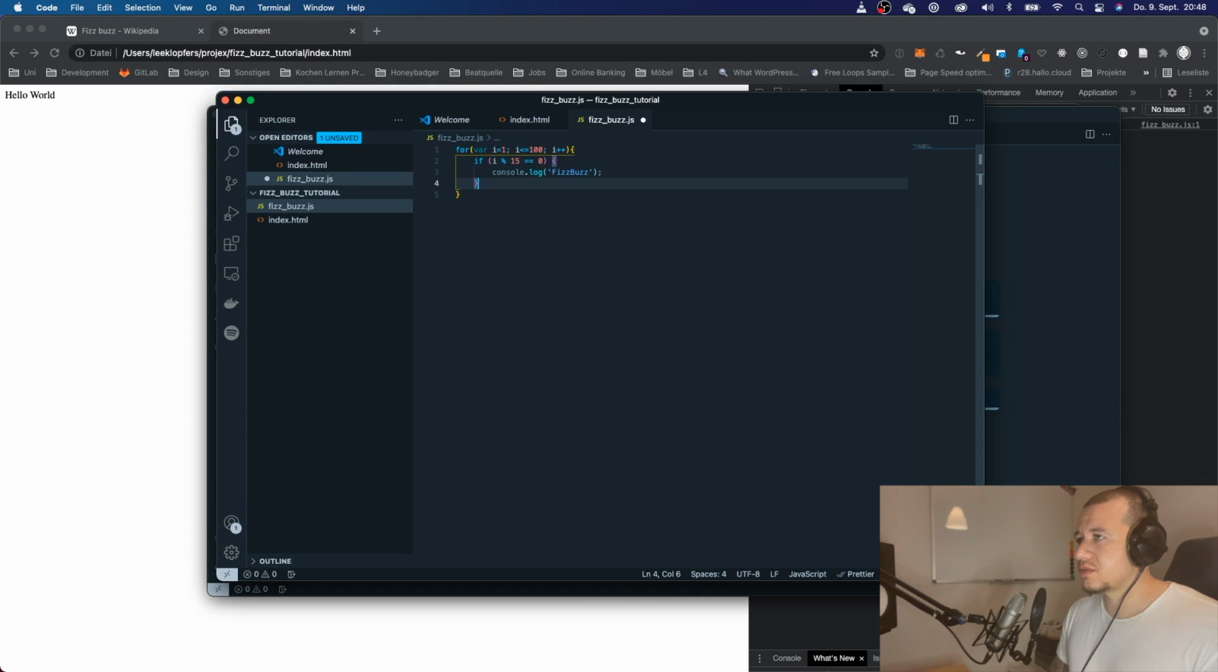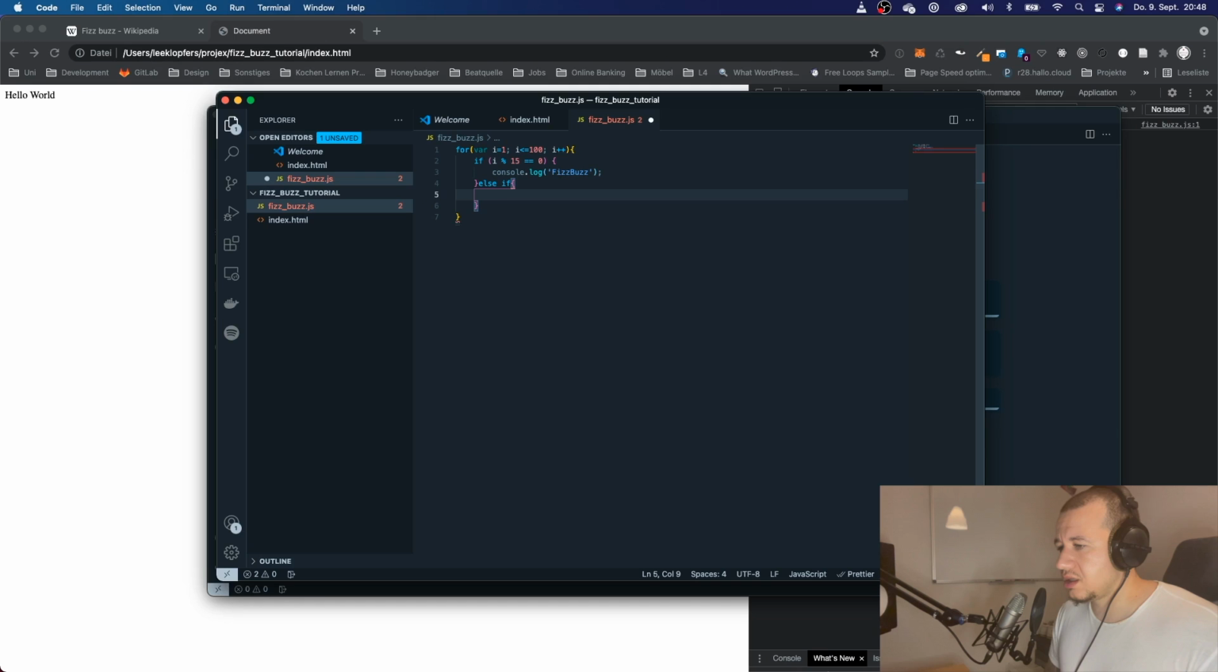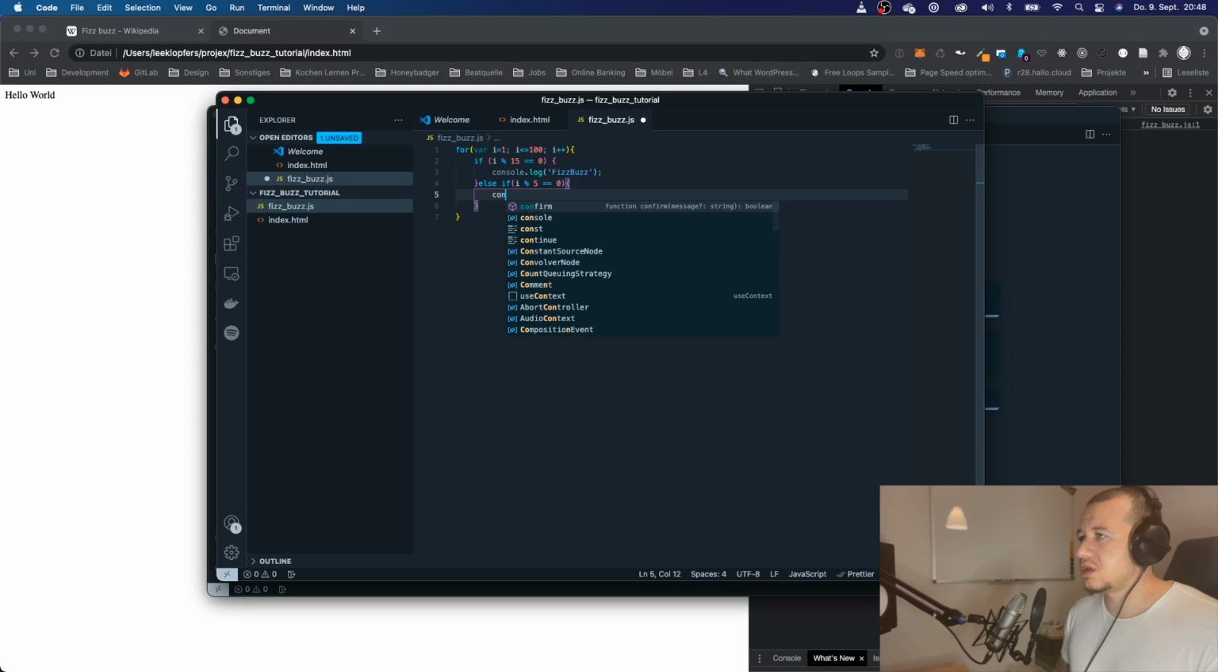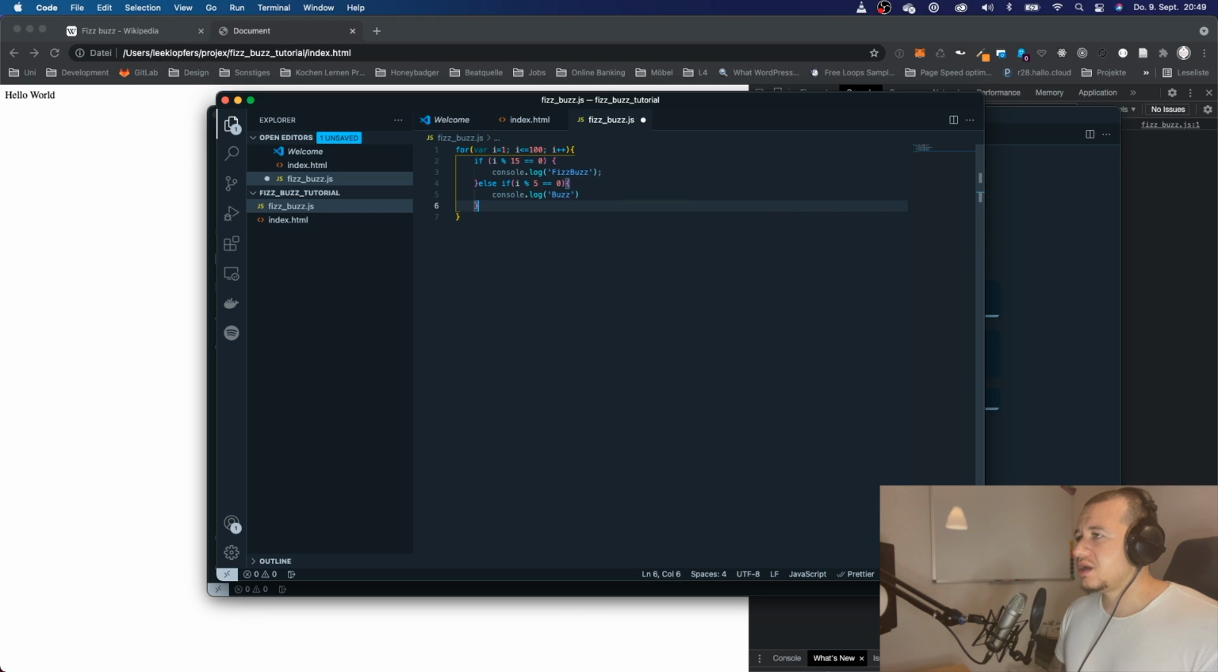Now let's say else if, this will be another condition. Let me say this. If I, now the next case would be if I is divisible by 5, you will console log buzz. And the last case would be else if I is divisible by 3, we will console log